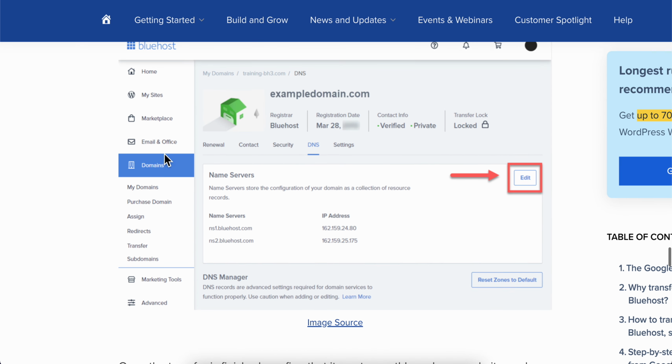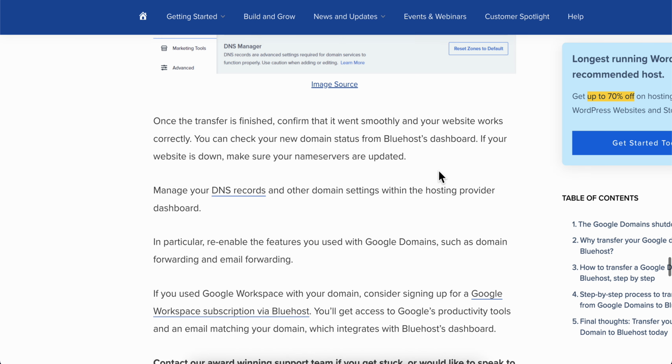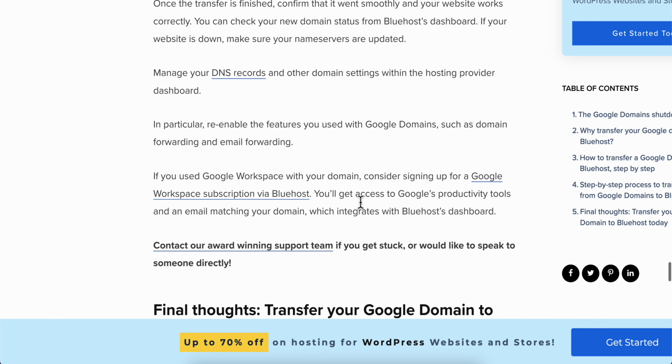Now you're gonna have to go back to domains and then go to name servers and click on edit, and then basically here you're gonna have to simply manage your DNS records from your Google